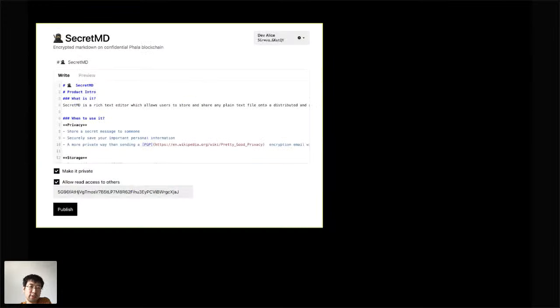Yeah, so these are some interesting applications which were implemented in our previous hackathon. For example, someone implemented a secret markdown editor with our contract, and you can do access control on it, so only authenticated users have the ability to read your document.